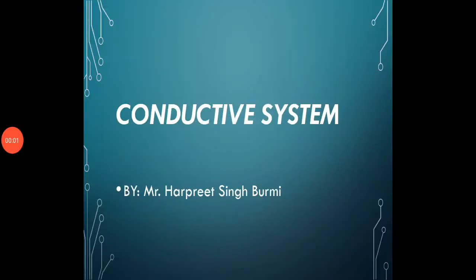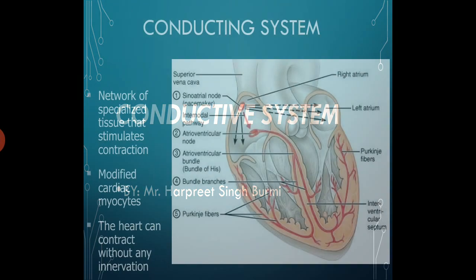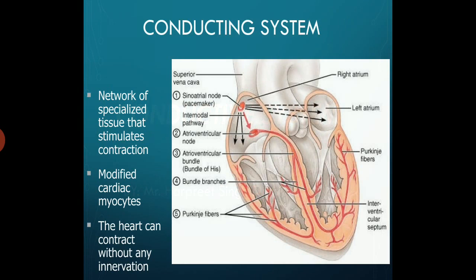Hello students. So let's get started with the next portion of the cardiovascular system, that is the conductive system of the heart. The conductive system of the heart depends upon three main points. One, it is a network of specialized tissues that helps in the contraction. Number two, that contraction is helped by the modified cardiac muscles. And number three, the heart doesn't need any type of help for its contraction because it does this function